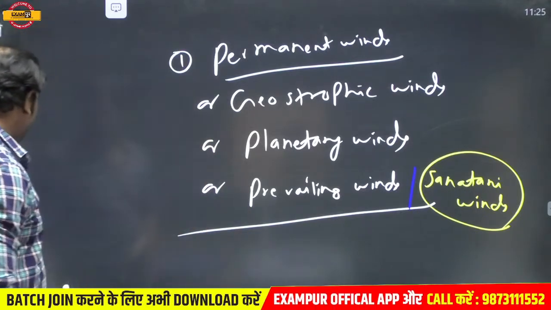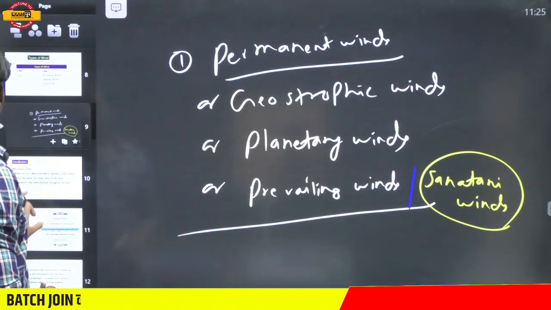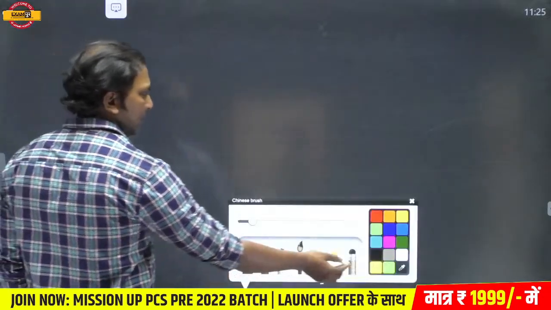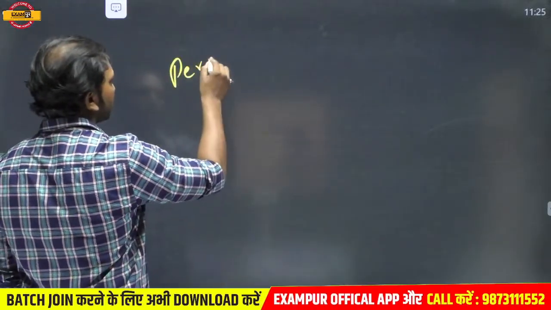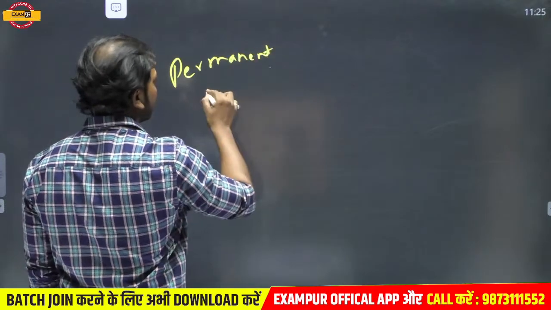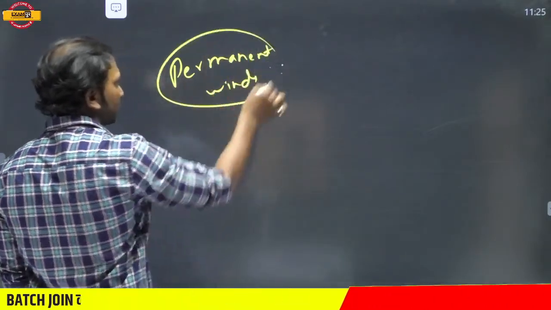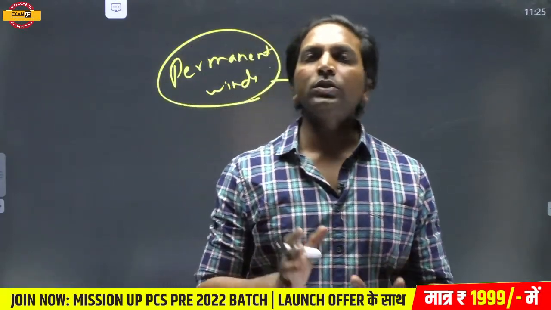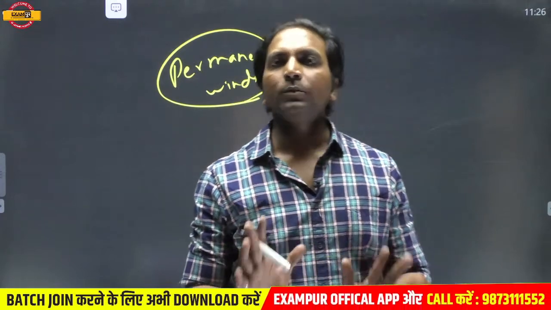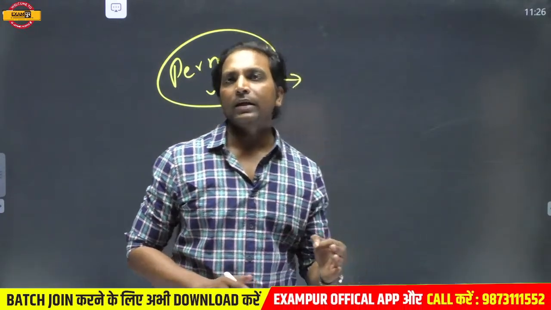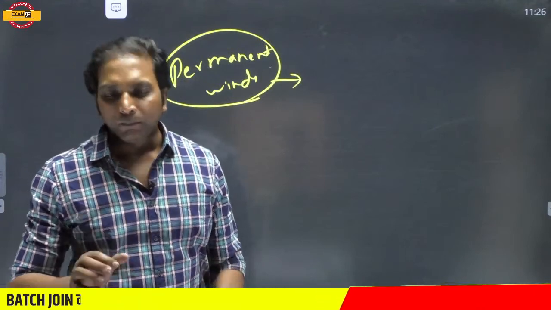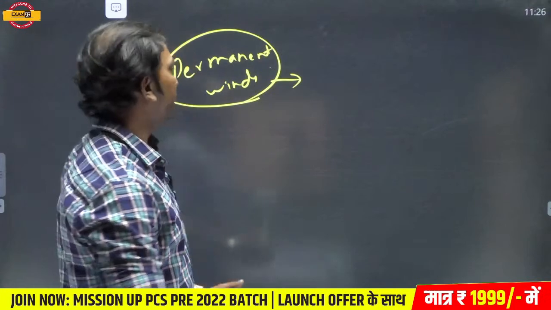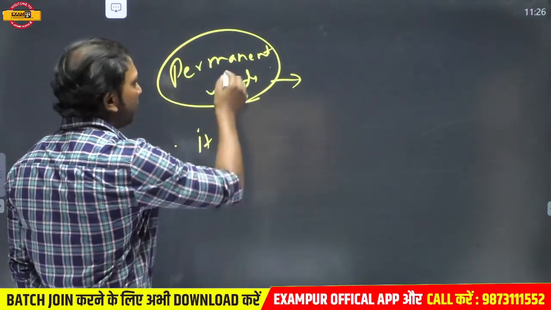Now we are coming to the points. See, make a heading, permanent winds. It blows full year in a constant direction throughout the year. Let us put it simply: it blows full year in a constant direction because of balance between Coriolis force and pressure gradient force. The point about the permanent winds,